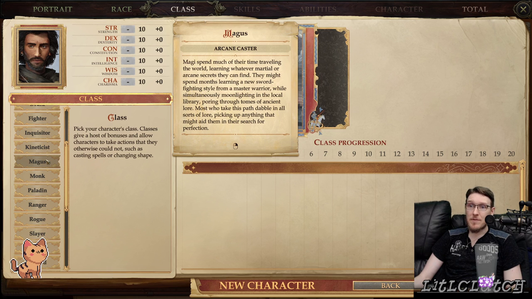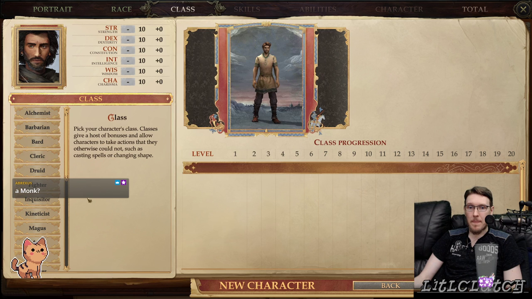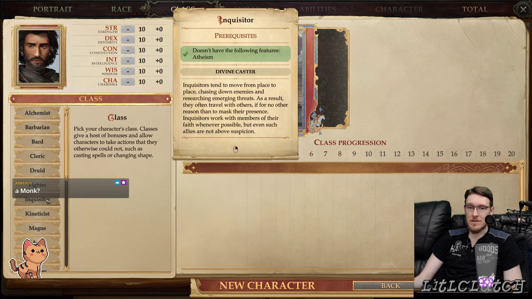Magi spend much of their time traveling the world, learning whatever martial or arcane secrets they can find. You might spend months learning a new sword fighting style from a master warrior, while simultaneously moonlighting in the local library, poring over tomes. Inquisitor. Divine Caster. Inquisitors tend to move from place to place, chasing down enemies and researching emerging threats. As a result, they offer...